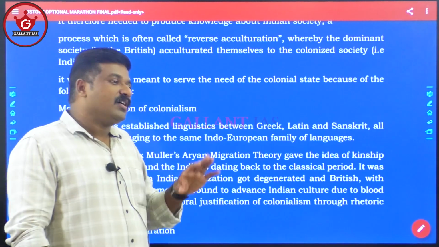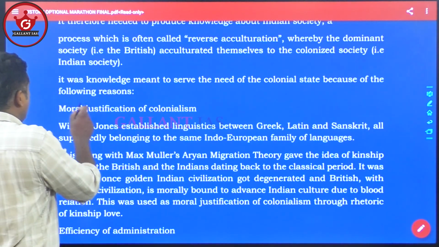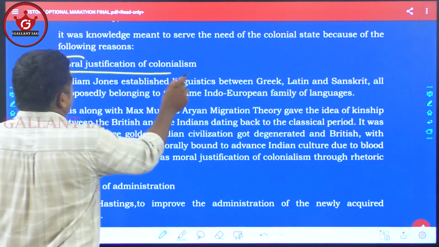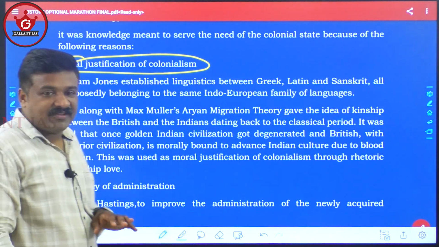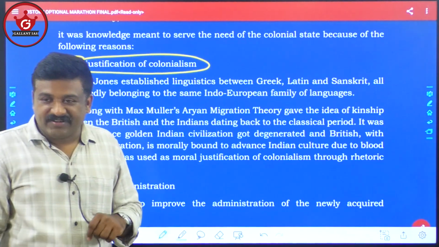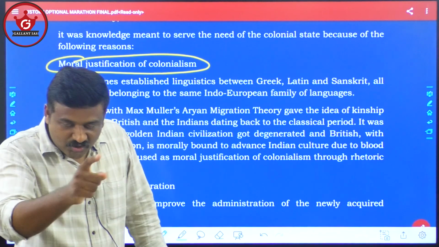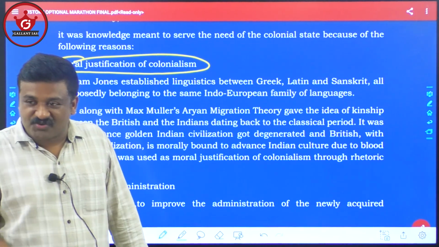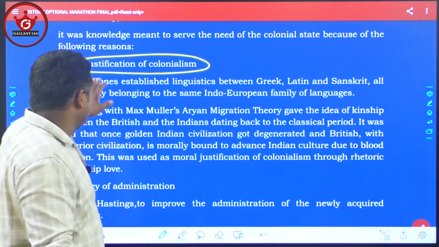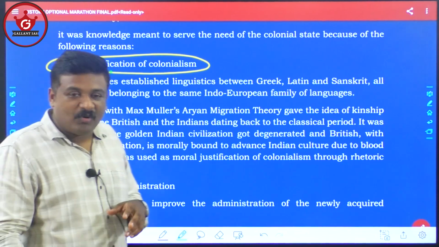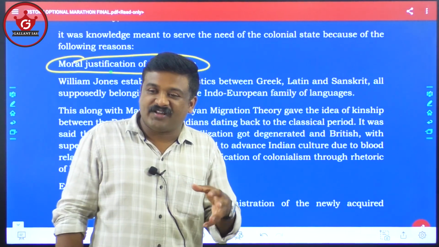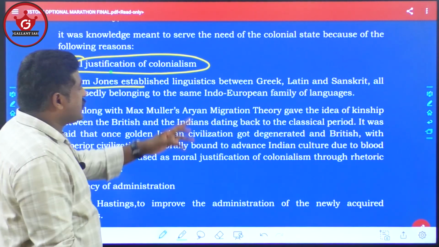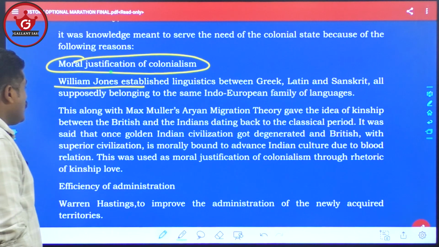If that is the question, try to understand the moral justification. Moral justification was given to colonialism by the study of Orientalism. All the Orientalists said, yes, our society has these issues, so the British came here to rectify these issues. So the Orientalist school of thinkers gave a moral justification to British control over India, British rule over India. Now see, William Jones established a linguistic link between Greek, Latin, Sanskrit,